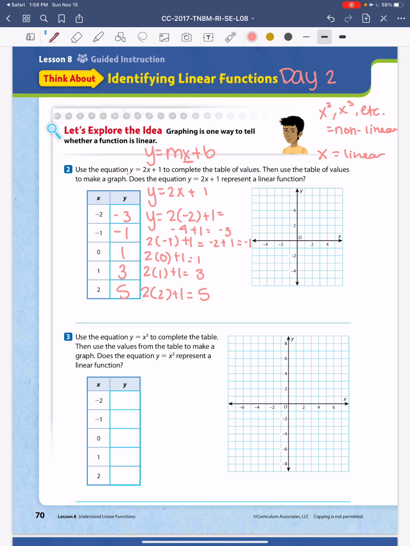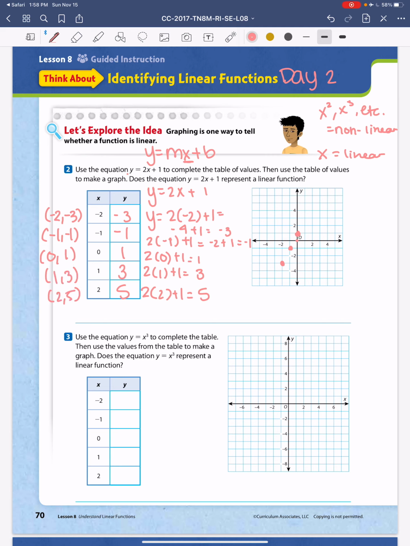So we have negative 2, so we start at our origin, move left 2, move down 3. Then we have negative 1, start at our origin, left 1, down 1. Start at our origin, stay at the origin, up 1. And then we have 1 comma 3. So let me go ahead and write these all to the side so you know what I'm talking about. So we have negative 2, negative 3; negative 1, negative 1; 0, 1; 1, 3;